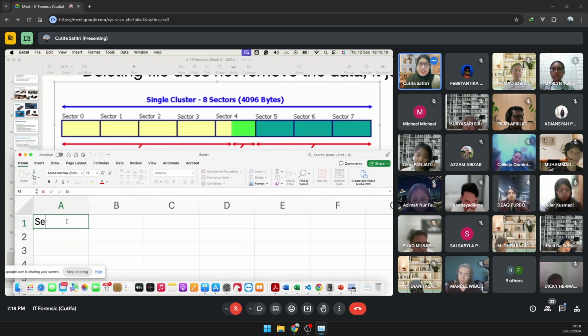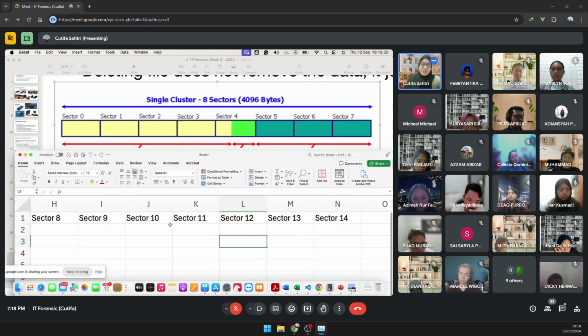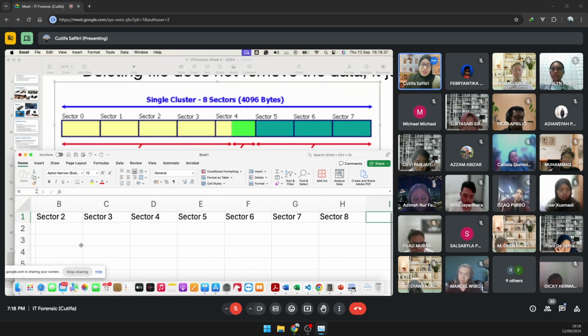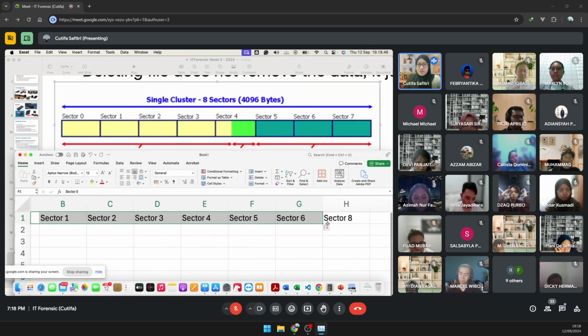We have to start with 0 actually. I have sector 0, and then sector 1, and let's drag this all the way to sector 7. So I have 8 sectors in total.